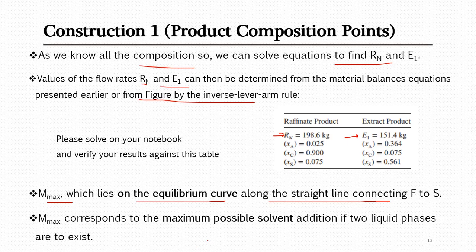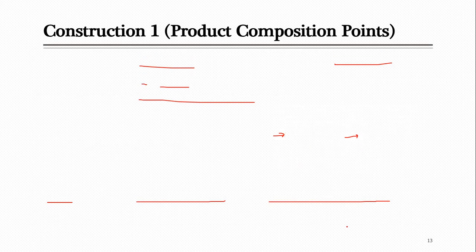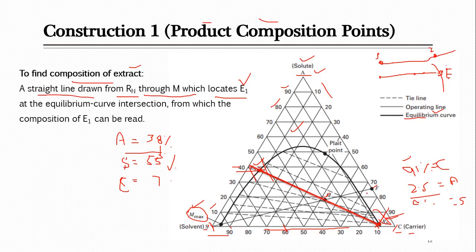So for any system you can locate this Mx on the equilibrium curve, where your feed-solvent line intersects your equilibrium line, at the point close to the solvent. And by the way, not on the other end. Maybe you will be thinking that on the other end, the raffinate side, the feed-solvent line is also intersecting the equilibrium line. No, we have to look at the point close to the maximum solvent amount, and the maximum is 100% at this corner.